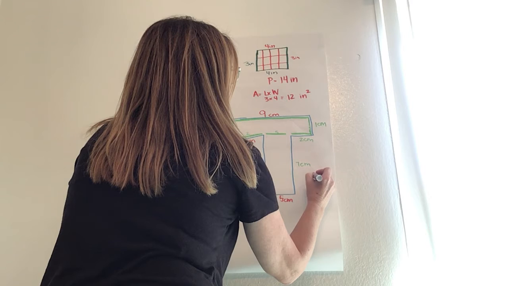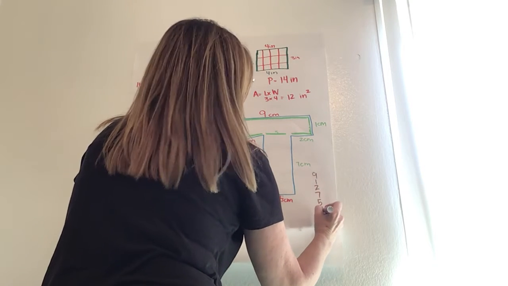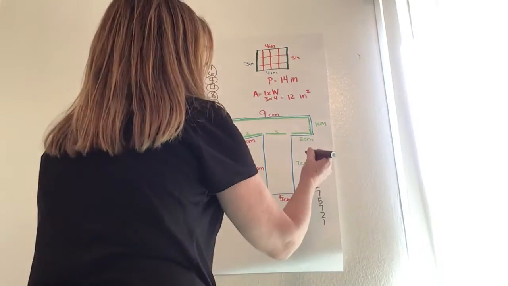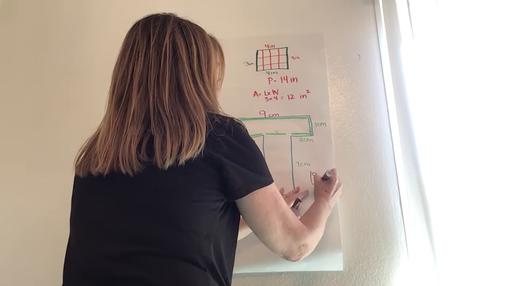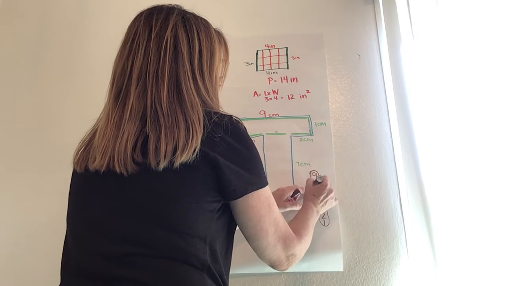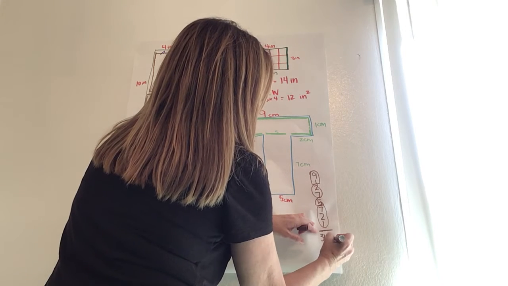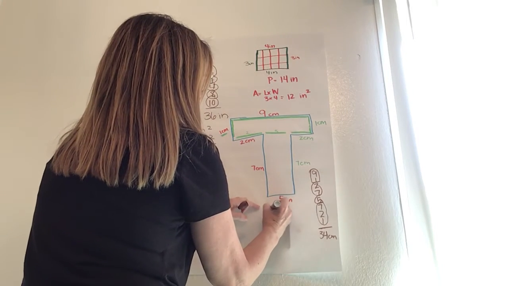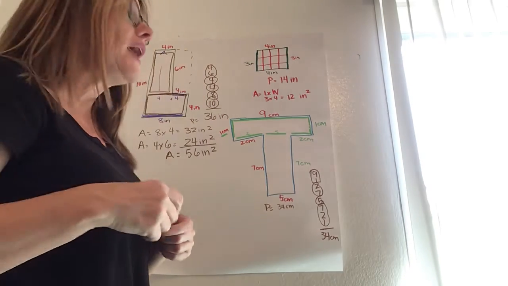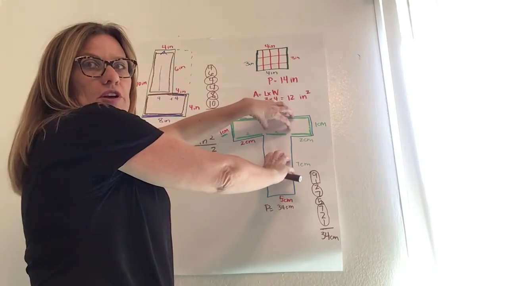Okay, so I'm gonna add 9, 1, 2, 7, 5, 7, 2, and 1. And I always like to try to put my numbers together that equal 10. So 10, 20, 29, 34. So I have 34 centimeters is my perimeter, okay? Perimeter equals 34 centimeters. Okay, so now you are going to break this complex figure up into 2